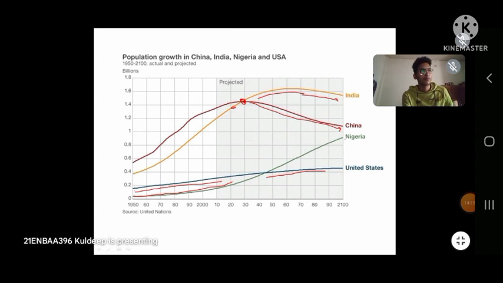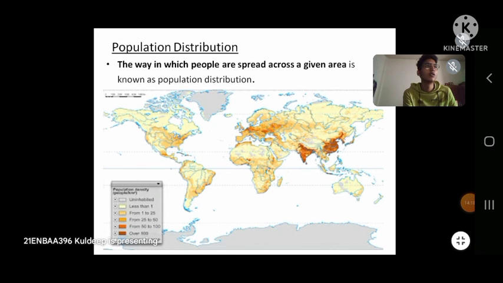Now let's move on. This is the population distribution. The next topic we are going to be